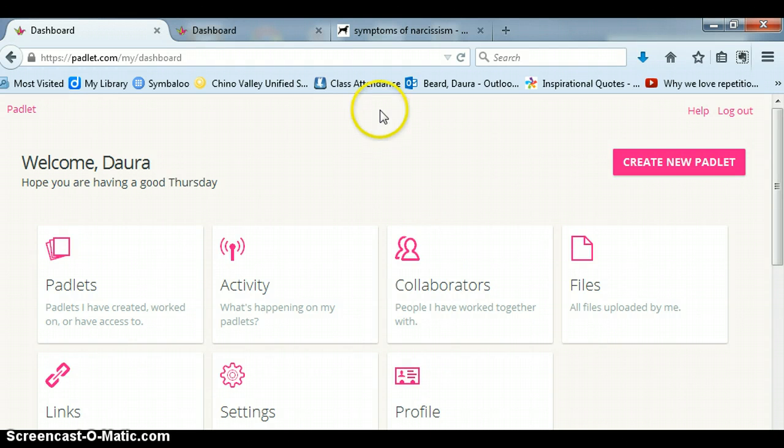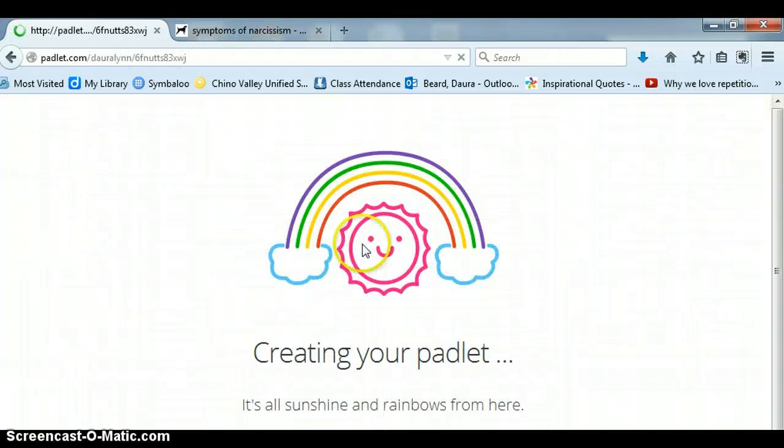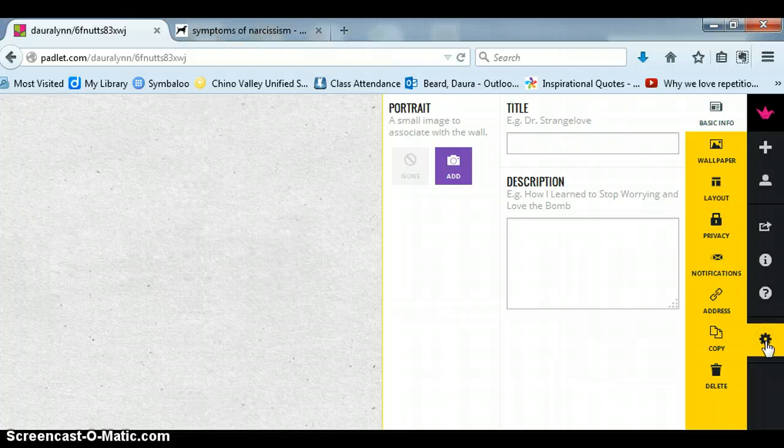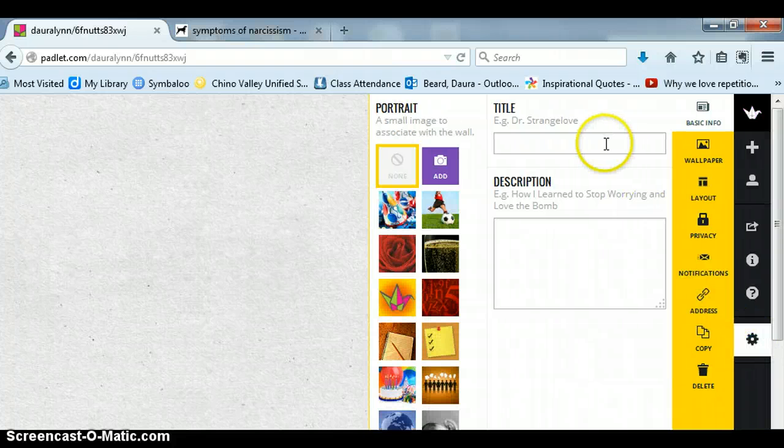Since I have an account, I went ahead and went to my account. You'll want to choose Create New Padlet. And once the page is set up for you, you can modify the wall. So the first thing I'm going to do is click this little gear. For my title, I'm going to type my research question, which, since we've recently read Seeing Narcissists Everywhere, my question